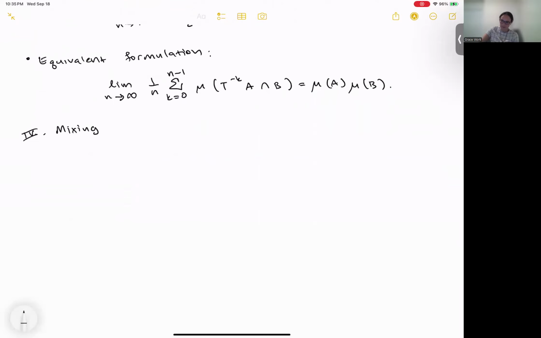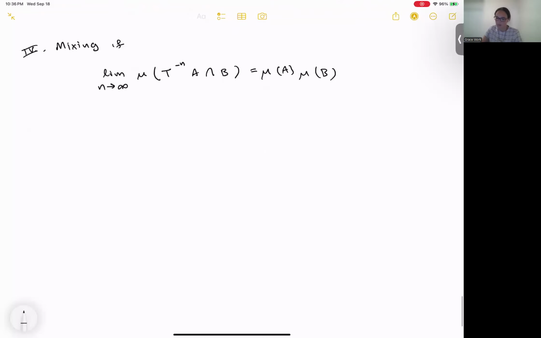And here's the definition. Again, we have our transformation T. So a measure preserving transformation T will be called mixing if the limit as n approaches infinity of the measure of T to the minus n of A intersected with B is equal to the measure of A times the measure of B. So if we want to get a handle on what this might mean intuitively,